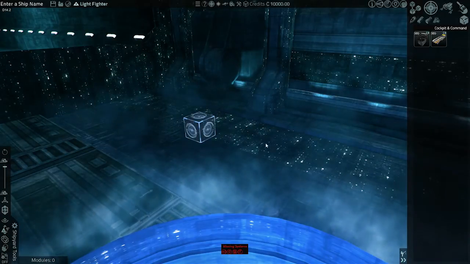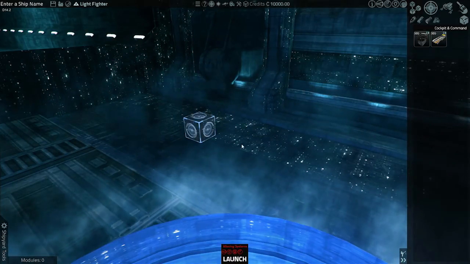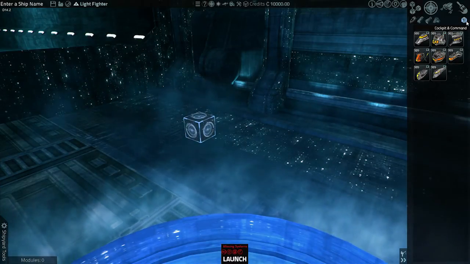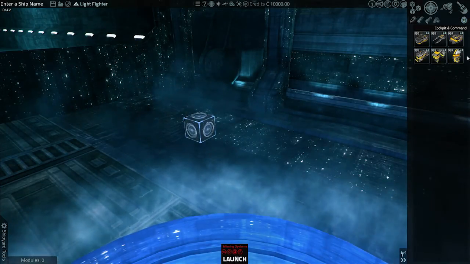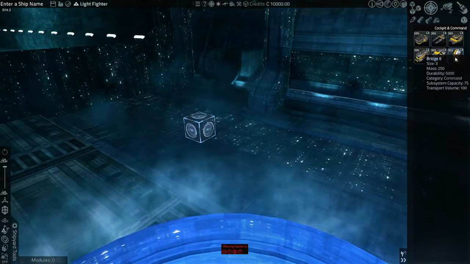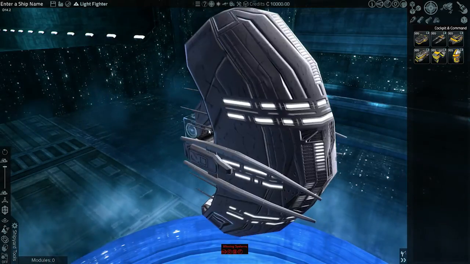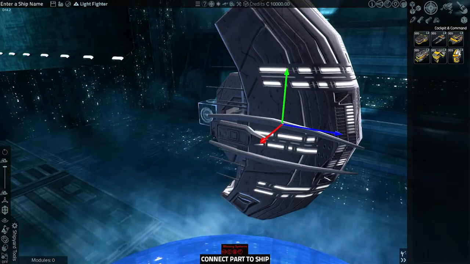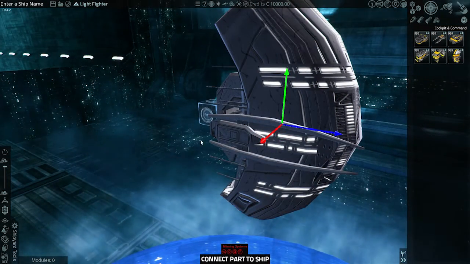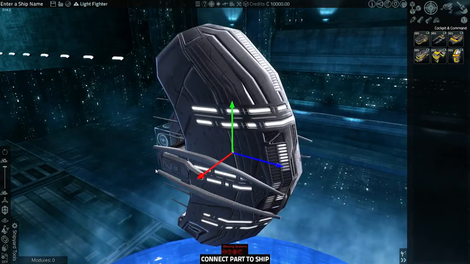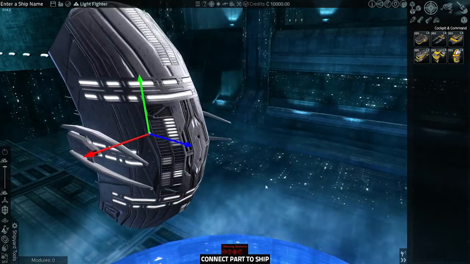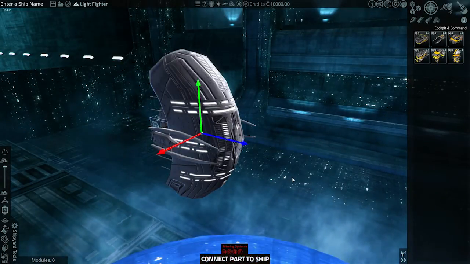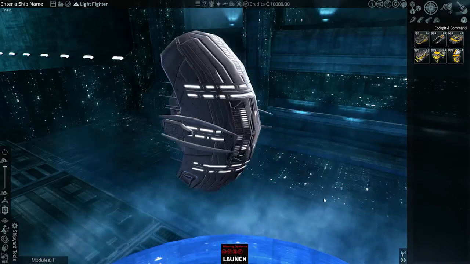So if we zoom back, let's clear that by pressing C, so we're no longer selecting something. I'm going to start off here with building a size 3 ship. So let's just pick a bridge, maybe that one. Yeah, that's an interesting bridge. So I've placed it by clicking it here on the side and then place it in the scene. Now it gives me the translate tools, but it's automatically snapped. So you can click connect part to ship or hit the space bar, and there we go,